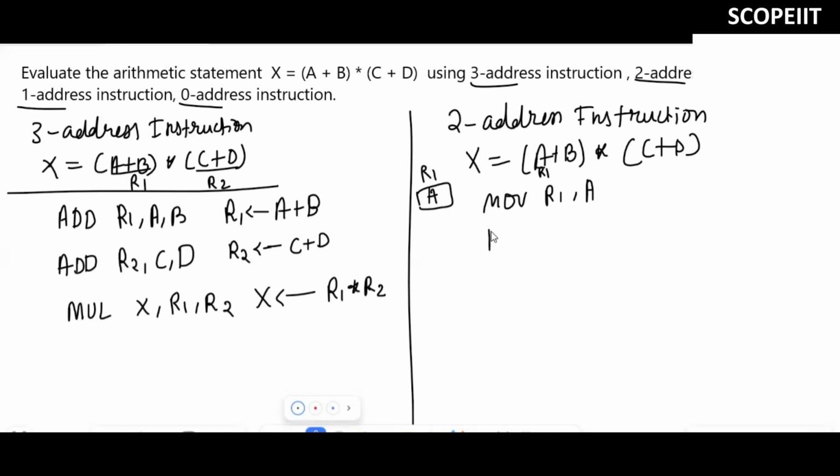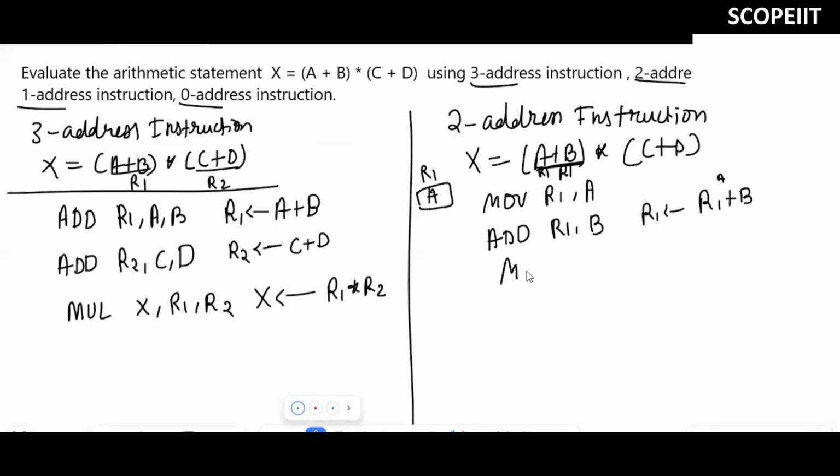Next I'll write add R1 comma B. Whatever value is there in R1, we will add with B. The value in R1 is A, so the operation performed is A plus B. Now this complete result is stored in which register? R1 register, right?